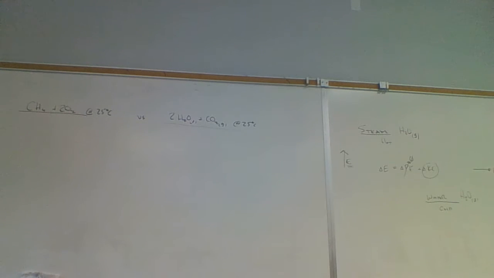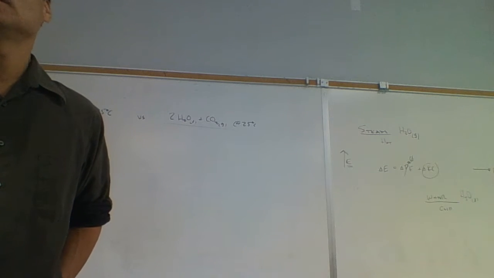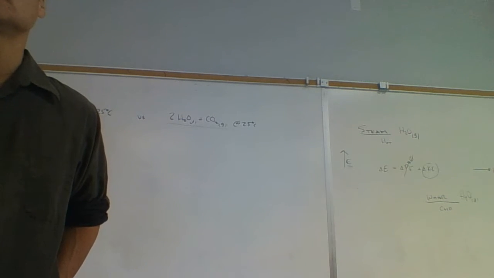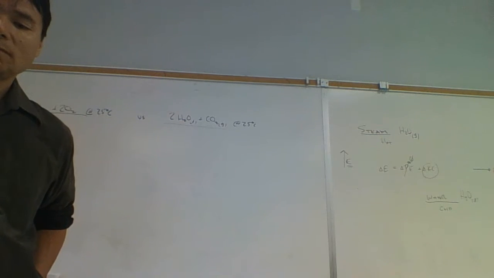Well, one thing is, if they're both at 25 degrees C, then they have the same temperature, which means they have the same kinetic energy. Now, having the same kinetic energy doesn't mean they're moving at the same speed. For example, a big semi-truck versus a little car: to have the same energy, the little car has to be moving much faster than the big semi-truck. It's going to cost a lot more energy to move 5 miles an hour in a semi-truck versus 5 miles an hour in a small car. But nonetheless, we say they have the same kinetic energy